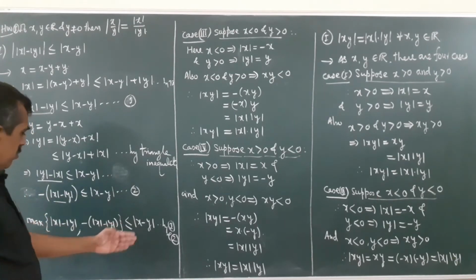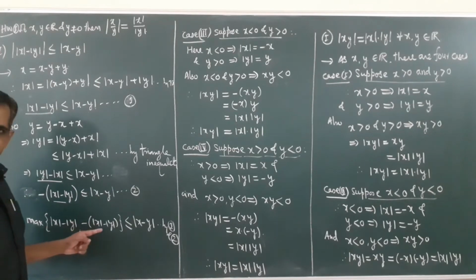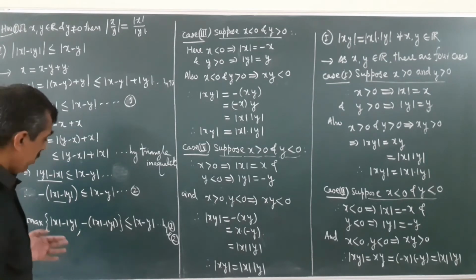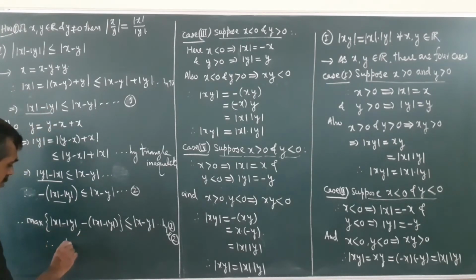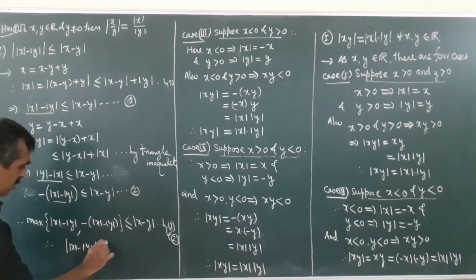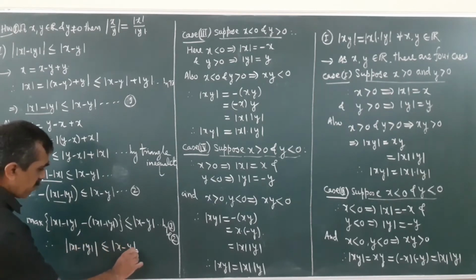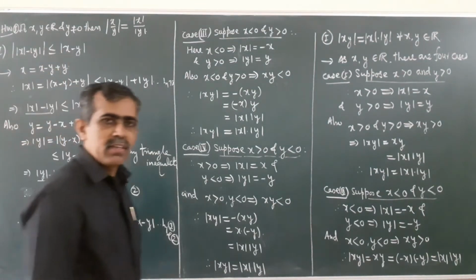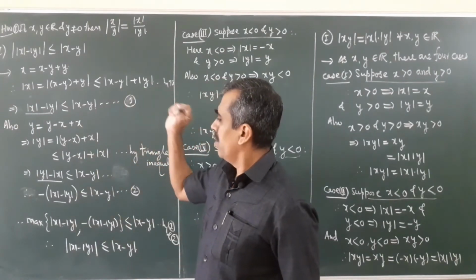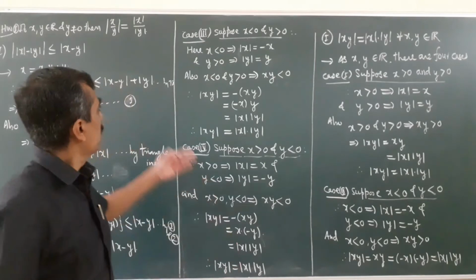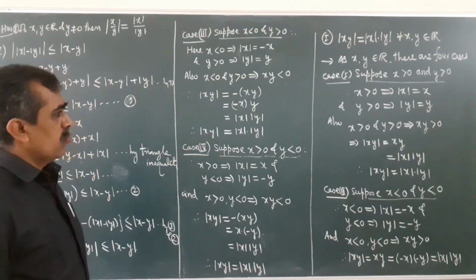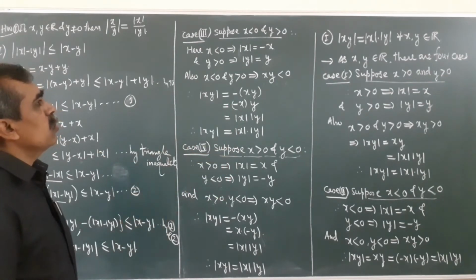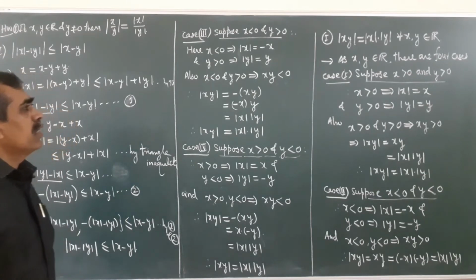Okay, so that will be less than or equal to this. But what is maximum of a comma minus a? We have seen the property, maximum of a comma minus a is mod a. So what is a here? Therefore mod of mod x minus mod y is less than or equal to mod of x minus y. So this is the property of real numbers. Mod of mod x minus mod y less than or equal to mod of x minus y. So this is all about some basic properties of real numbers with regard to modulus of a real number.